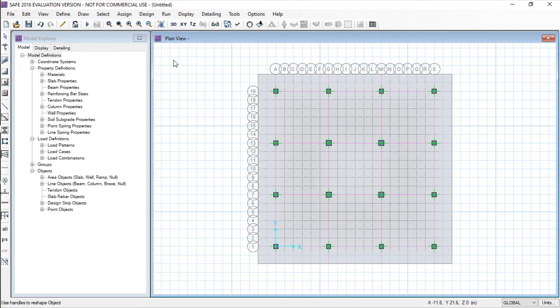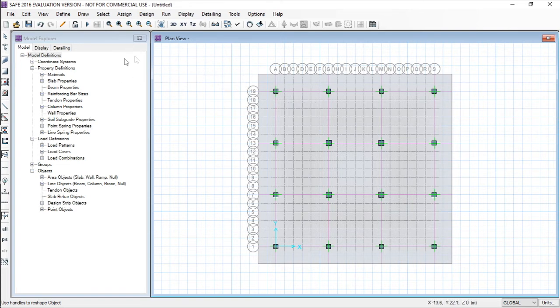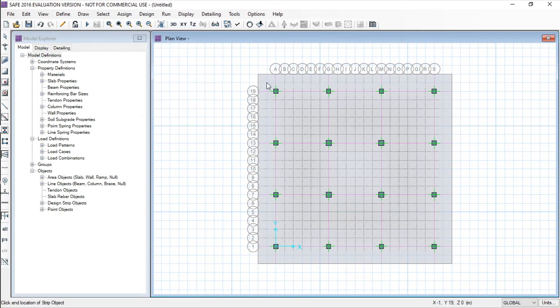Now after drawing the sections and design strips, the columns and slabs, let's assign the loads. So to assign the loads, go to the assign section, and before assigning the load we have to select the object, right? So suppose I want to assign the support data. This is the soil property I want to assign. So select the mat, just click over here. You can ensure from the dotted line which is created on the mat.